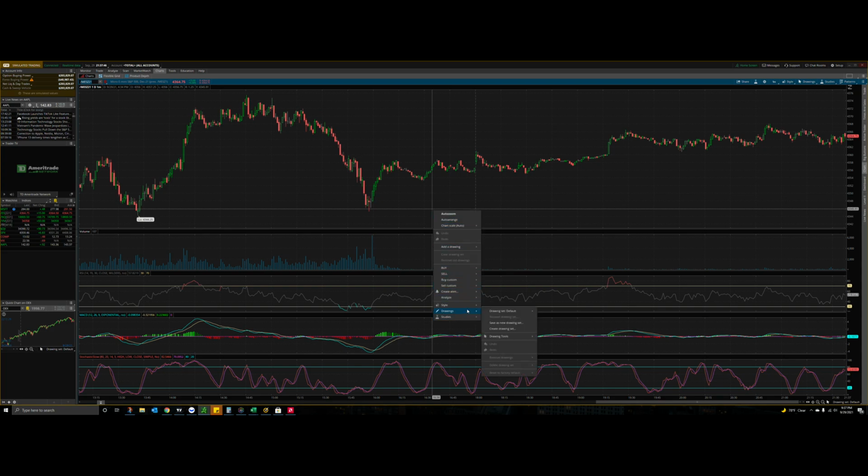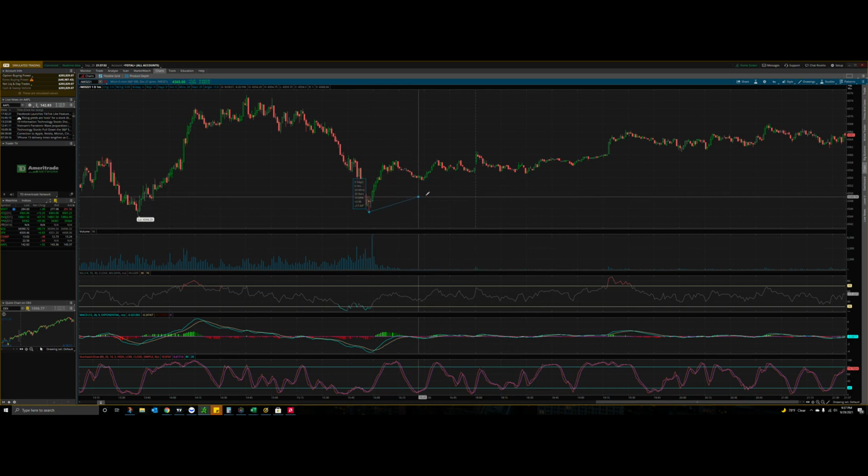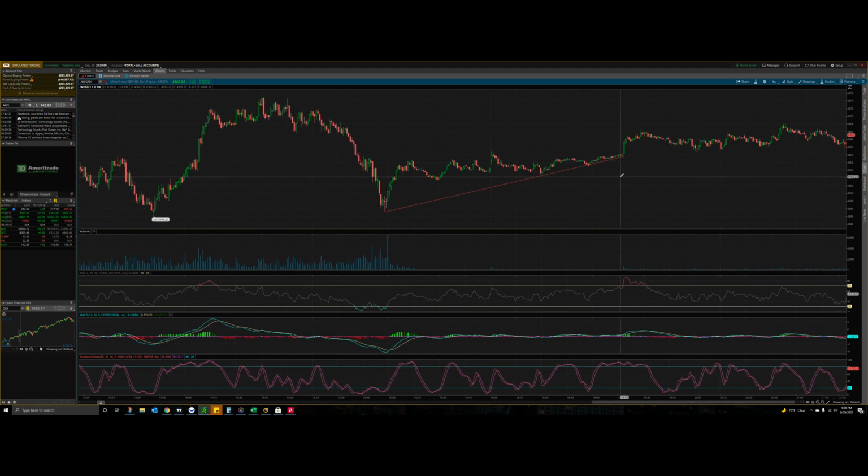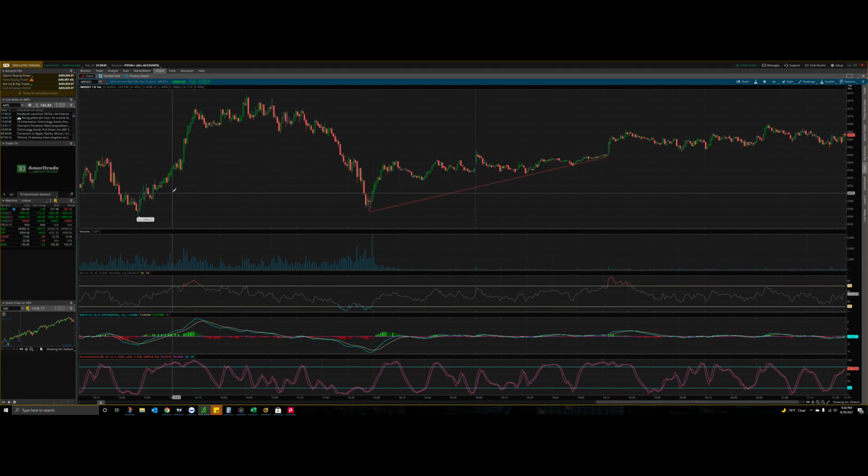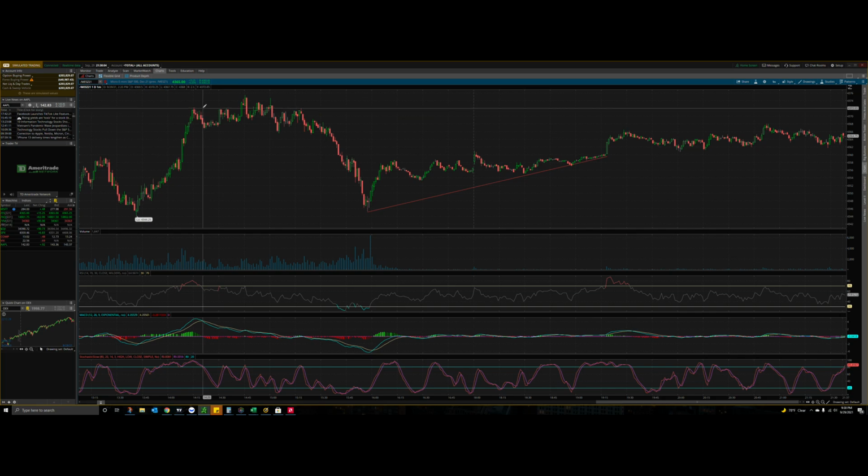Other things that you can do is drawings. If you want to add drawings, if you want to do trend lines, for example, click here. And then once you've picked your final destination, you can click there. Now, a really cool thing about the trendline tool is you can see what the percentage difference is. So let's say I want to know how much of a percentage difference it is to go from